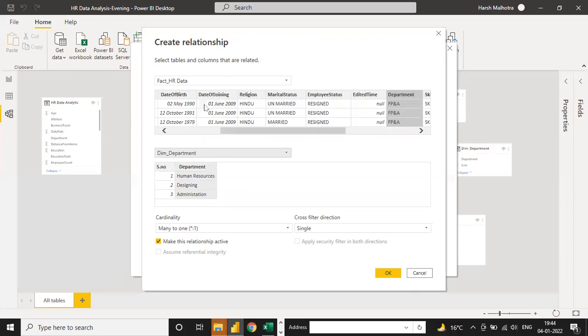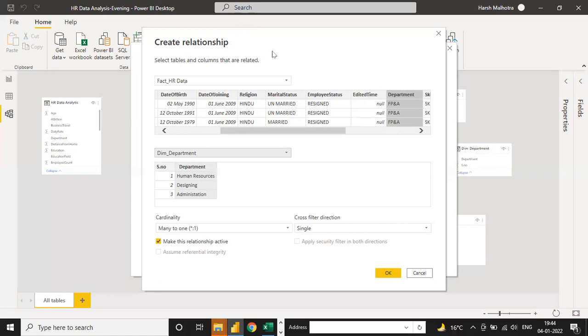Sometimes in your interview, the interviewer or manager confuses you about the difference between one to many and many to one. There is no difference, only the inverted relationship is different. In the one to many relationship, we connect dimension to fact table, but in many to one, we connect fact to dimension table. That's the only difference. Otherwise, in the task or in the working criteria, nothing is different. Clear? Clear, or any doubt in mind? Any question related to relationships?